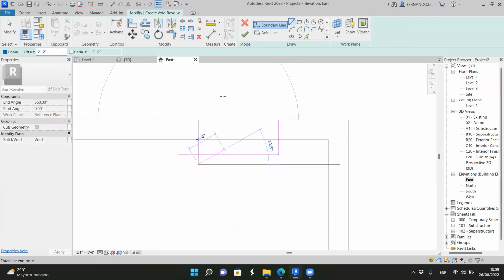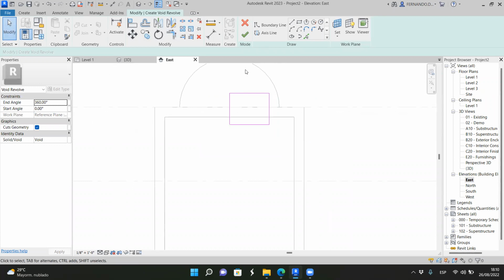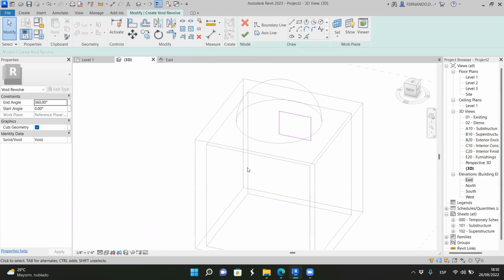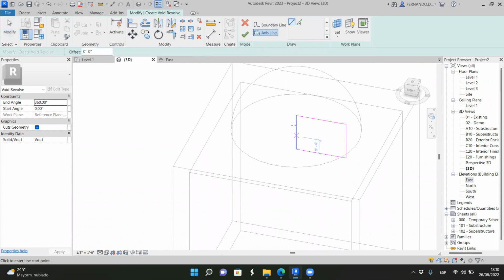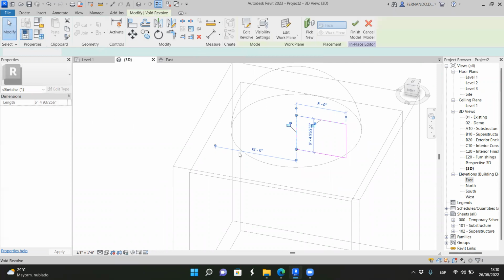Then this is going to be the midpoint. And trim, delete. So now I have the axis line option. So I select axis line. This is the axis. I click finish